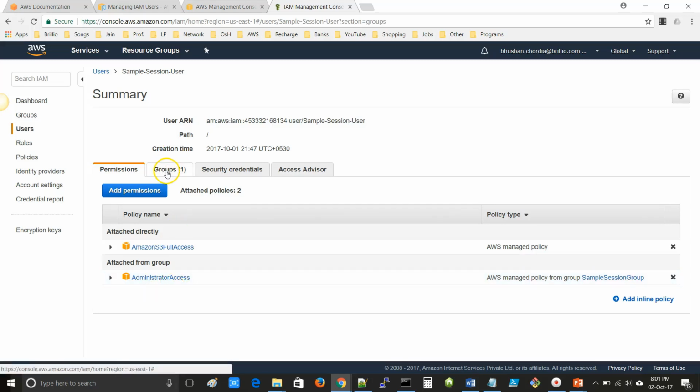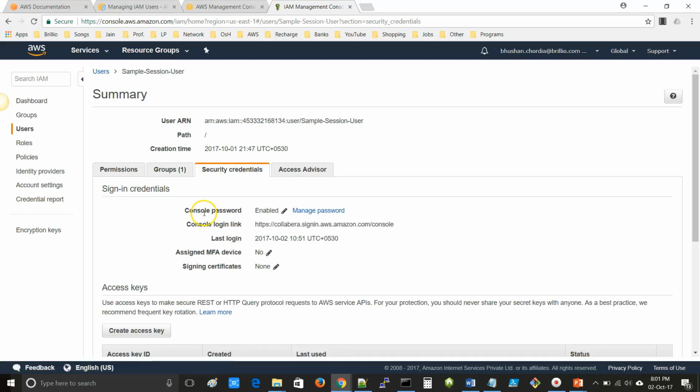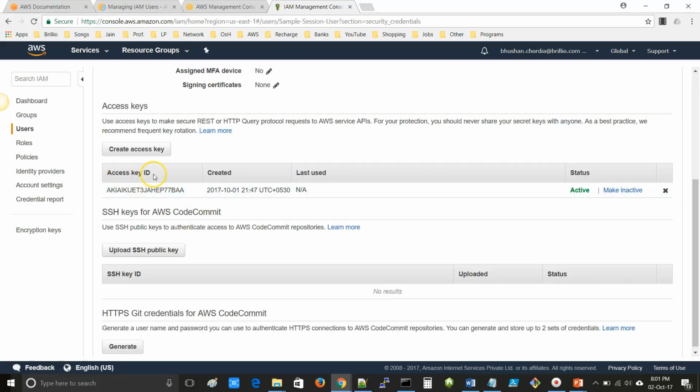So you can check which group it belongs to. So this user belongs to the sample session group. And here you can check the security credentials. You can check the access key ID and you can check the status of the access key ID.